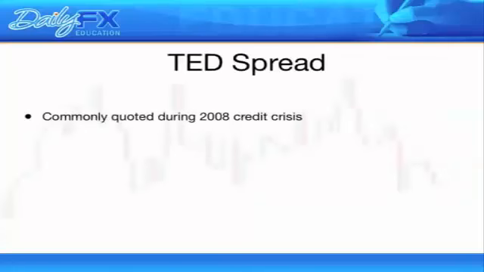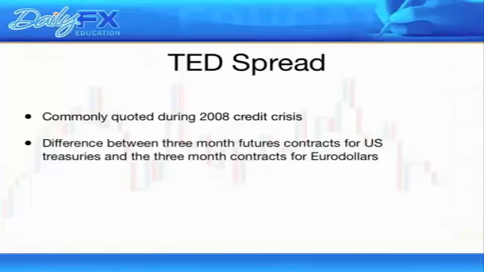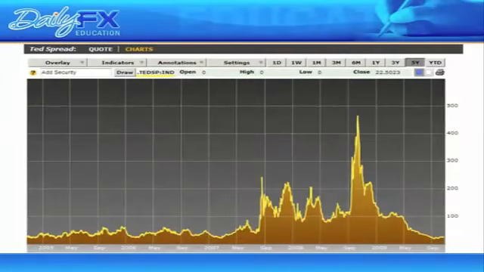Another tool commonly quoted during the 2008 credit crisis was the TED spread. The TED spread, or TED, is the difference between 3-month futures contracts for U.S. Treasuries and the 3-month contracts for eurodollars. When the spread between U.S. Treasuries and the LIBOR rate increased, this indicated risk aversion on the part of investors. As the credit crisis began to calm down, the TED spread began to drop back down to levels enjoyed before